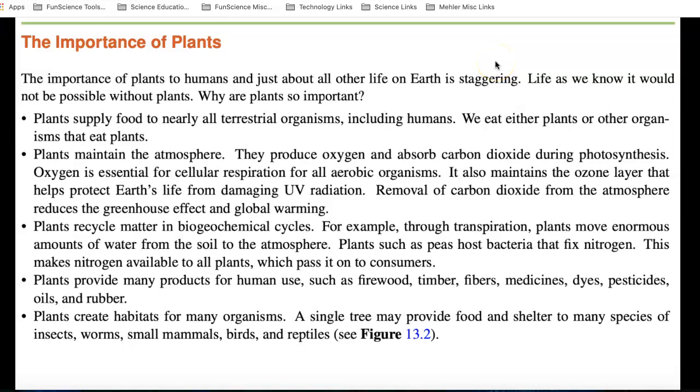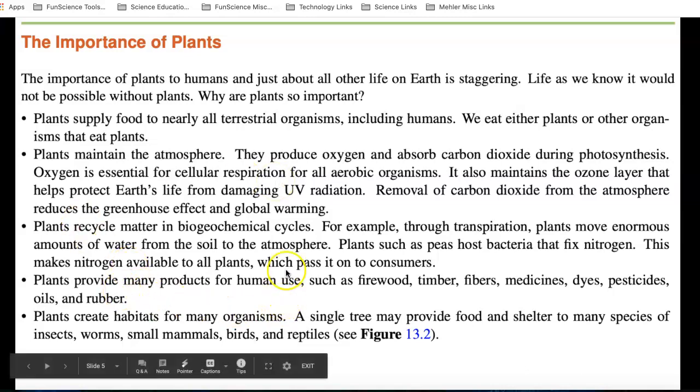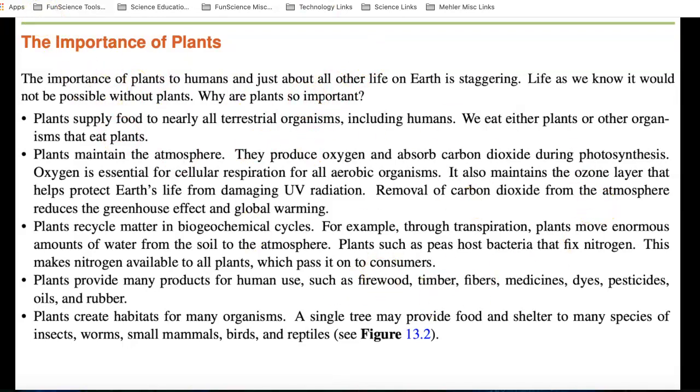So plants are just amazingly important to life on Earth. For example, plants supply food to nearly all terrestrial organisms, including humans. Plants help maintain the atmosphere. They produce oxygen and absorb carbon dioxide. Plants recycle matter in biogeochemical cycles. Plants provide many products for human use, such as firewood, timber, fibers, medicines. A lot of our medicines come from plants. Dyes, pesticides, oil, and rubber. Yes, oils and rubber come from plants. And they create habitats for many organisms. This is an important page, so please make sure that you go over this and you understand why plants are